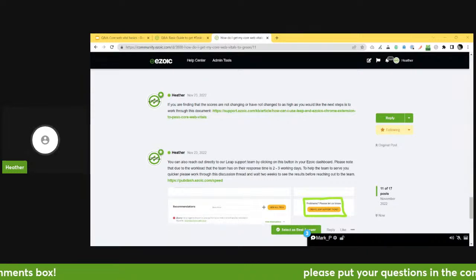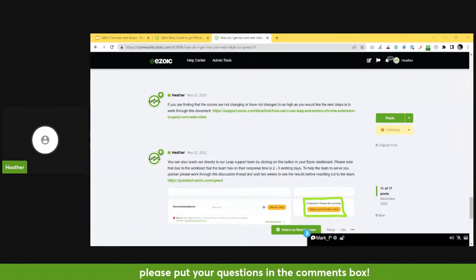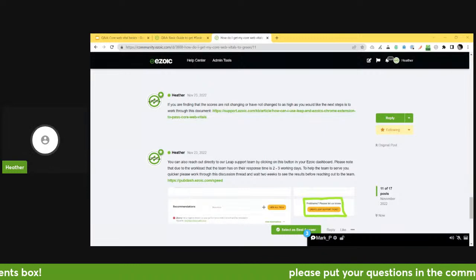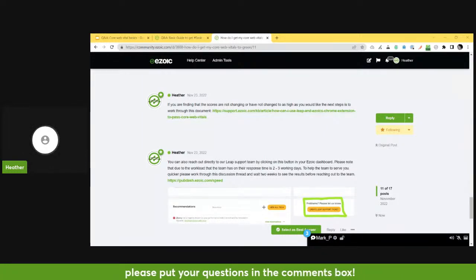They have a very high workload, and so it can take 2 or 3 days for the team to come back to you. What we recommend doing is letting them know as much information as you can in terms of what you've done, and details in terms of what your concerns are. Working through this document